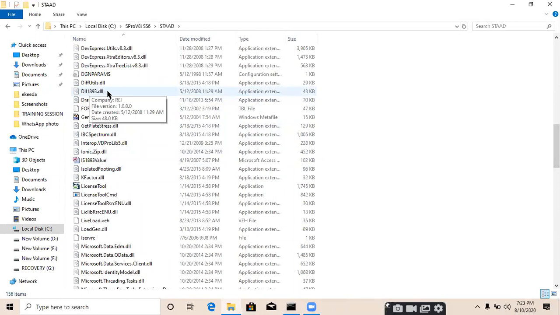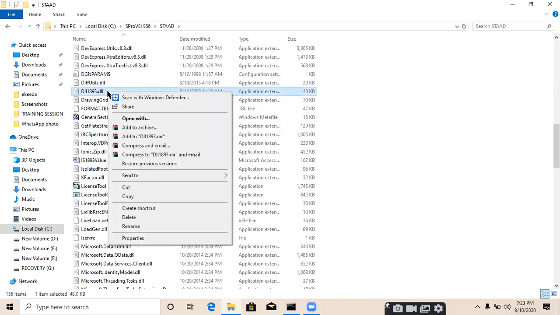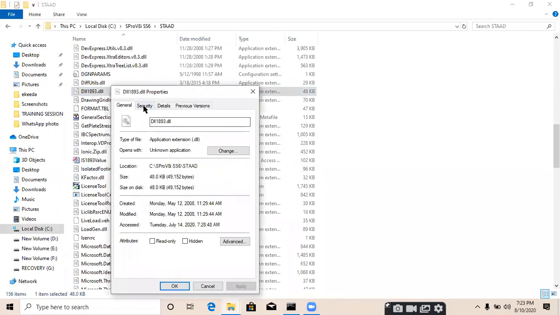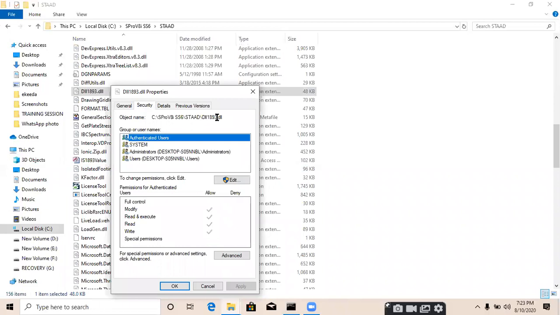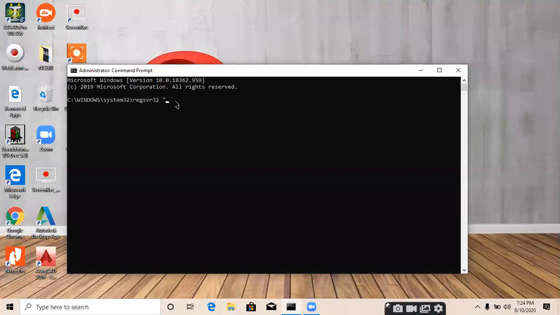Just right click on that particular file, go to properties and security and copy this particular path. Select that path, copy it with Ctrl C, close the window and paste it over here.